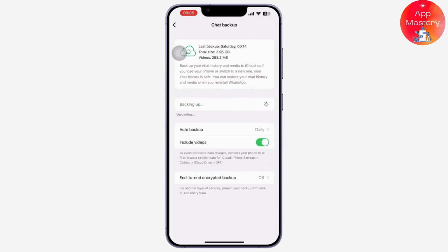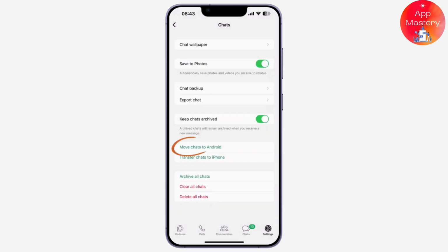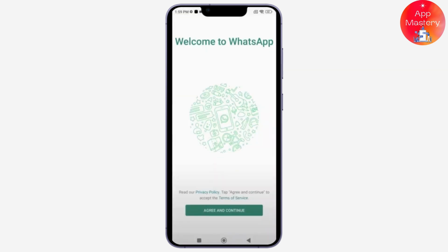Once the backup is completed, all you have to do is go back to the chats, and there you will get to see the Move Chats to Android option available. Simply tap on it. On the other hand, make sure to download your WhatsApp app on your Android device and